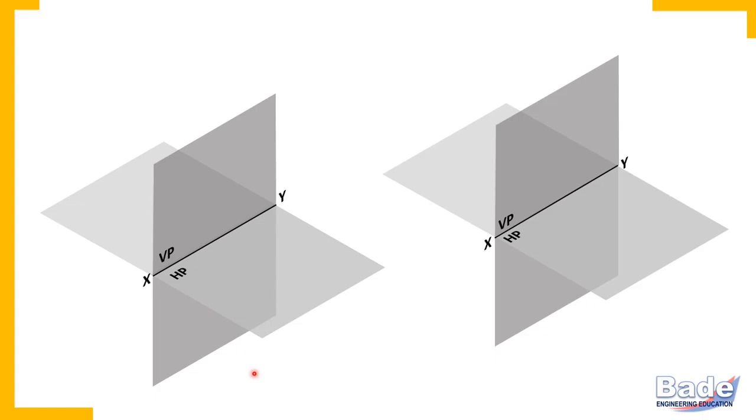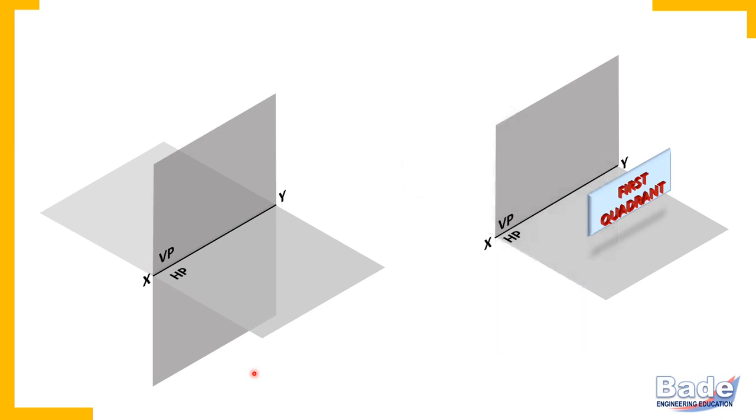Now object is imagined either in the first quadrant or in the third quadrant. Now here in this diagram, it is first quadrant considered. Now this object is in the first quadrant. Now a very important thing. Remember, when it is a machine part, a 3-dimensional body, when it is imagined in the first quadrant or in the third quadrant to draw its views,